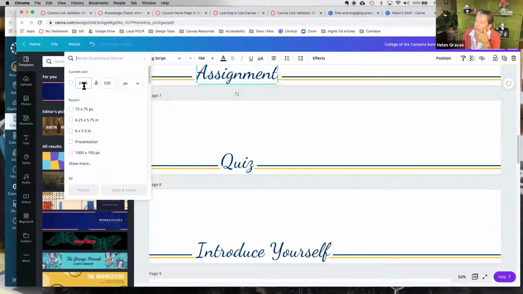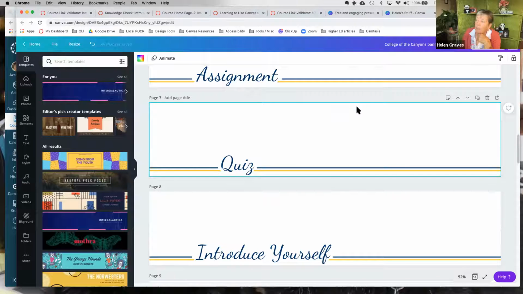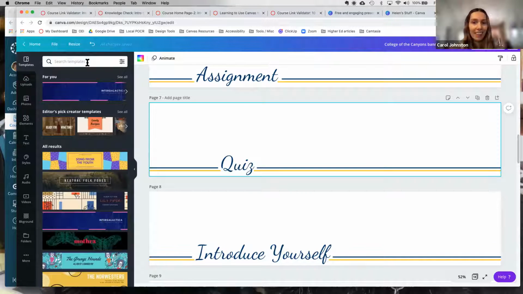What I do, let me look. This one looks to be, in pixels, 2480 by 520. Sometimes I like it a little thinner because sometimes I've found I like my banners to go all the way across the Canvas page. If you have the height too big, it ends up taking up half your homepage in order for it to go all the way across. So you may want to play around with it and find a size that really works better. Maybe it's a little thinner than this. Hopefully that made sense, Carol. Yes, it did. Thank you.